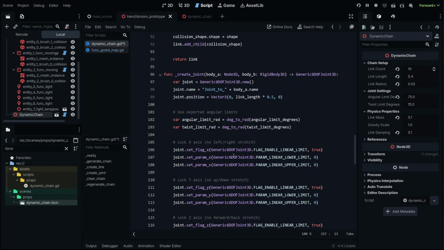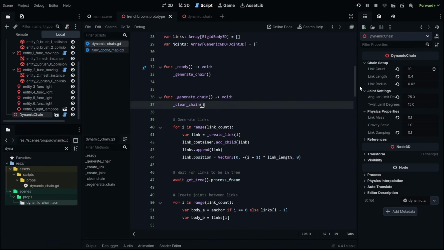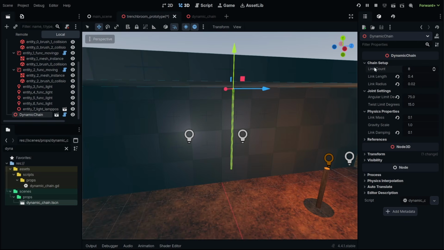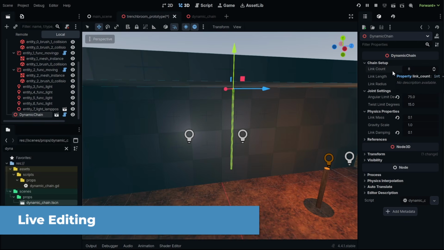And we can also do the same thing, replace that, clear chain. That's a lot cleaner. So clear chain, get rid of everything, start fresh. I'm going to wait for that all to occur, give it a frame, and then we'll run our generate chain function. So if we go to our dynamic chain and we adjust our link count, remember we're using a setter